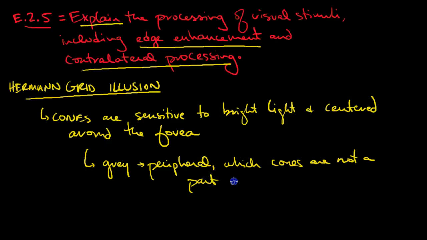So they're not able to detect that fine acuity that the cones are able to help. And so therefore you're relying on your rod cells, which don't have as high of acuity or accuracy. In fact, many scientists think that those neighboring cells get turned off. And so instead of actually perceiving these spaces as white, they actually appear gray. But essentially it comes down to that your rod cells are not as fine, they're not as good at detecting